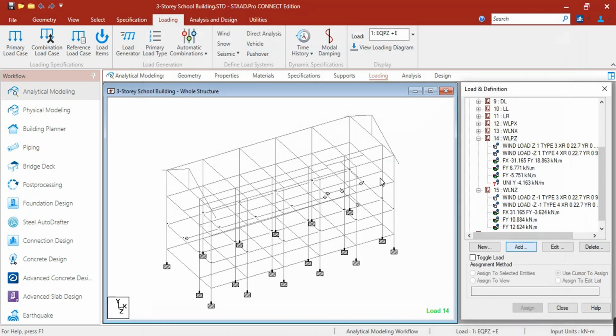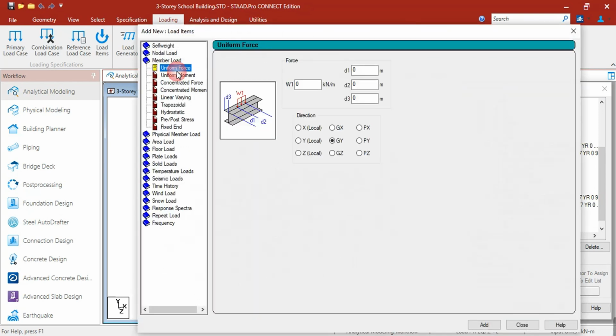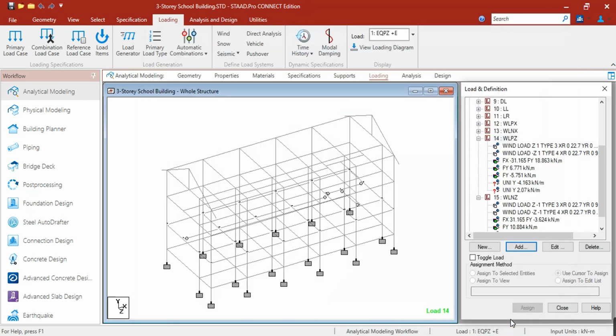Then also, for the leeward side, that is 4.14. So divided by 2, 2.07. Y local. Click add.